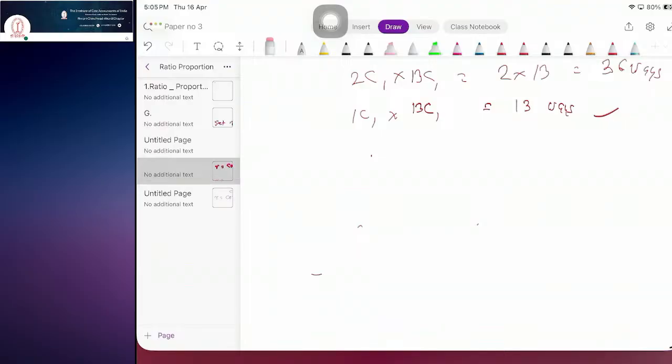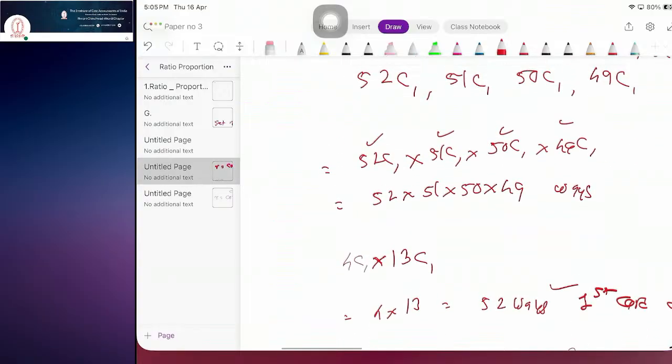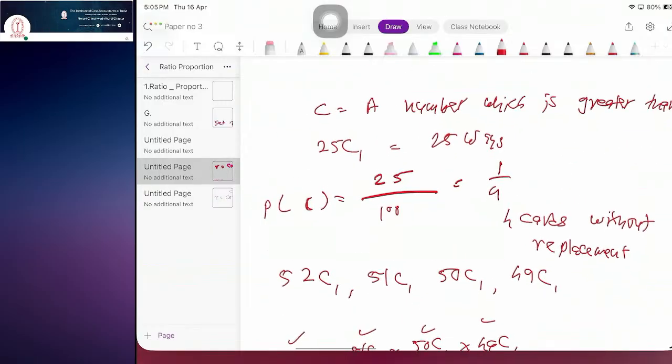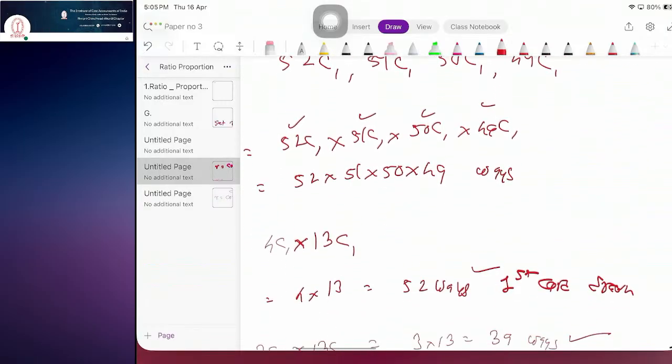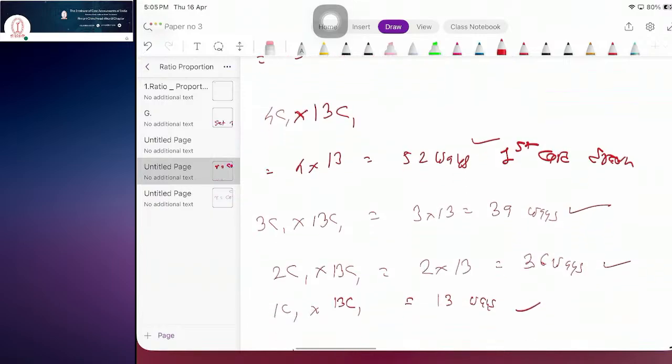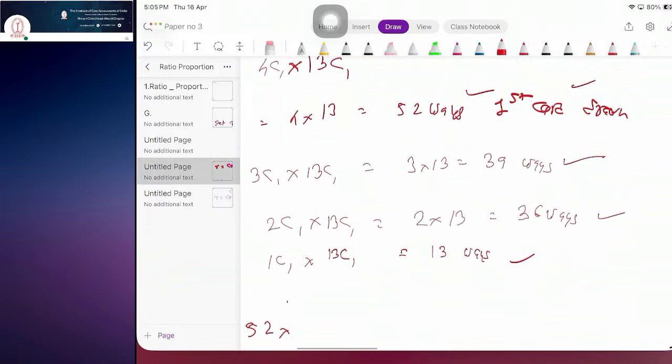Find these values again. The first value is 52 ways. The second is correct. The second is 39 and